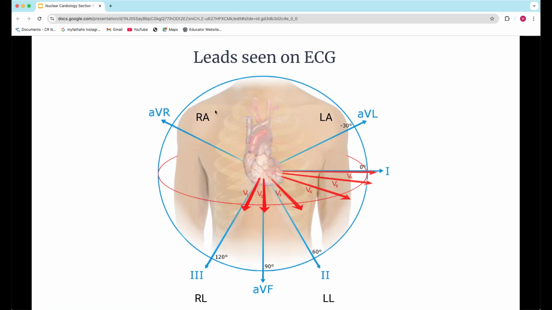Then we have, remember, our right arm, right leg, left leg. These ones don't have a direct representation. Instead, what they do is they divide these up into 1, 2, 3, AVR, AVL, and AVF. And these are cut through more like a